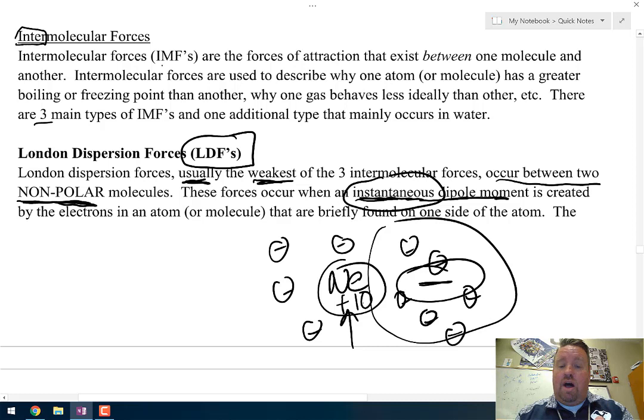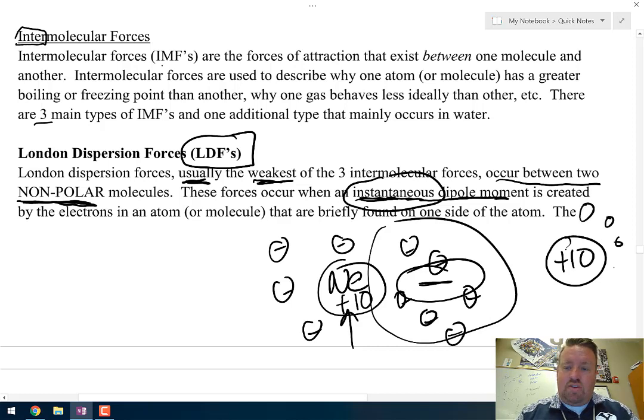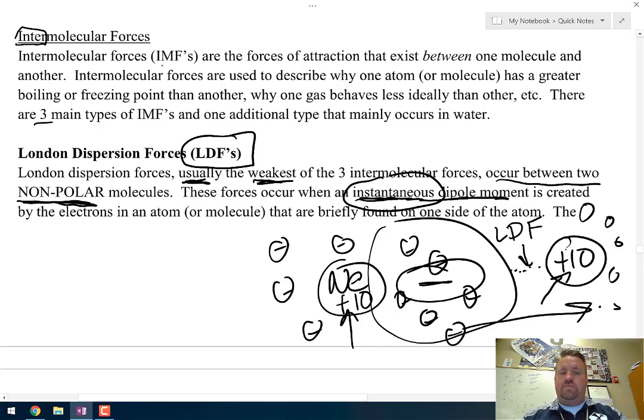So for example, with neon, you could have another neon atom over here that has the 10 protons and has more electrons over on the right-hand side again, because remember, electrons repel each other. Then this attraction between the positive part of one neon atom and the negative part of another neon atom is a London dispersion force. Now notice I'm using neon. Neon is an atom, and that's why I said it can exist between one atom or a molecule, which has a greater boiling